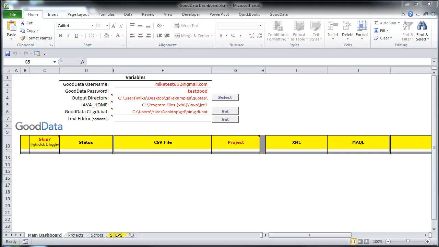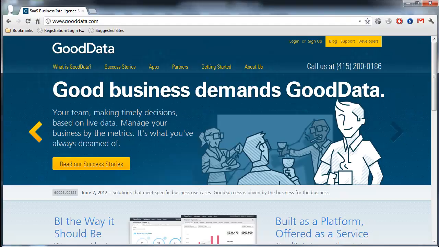Hi everyone. So today I'm going to show you how to load data in the GoodData using an Excel-based GUI. So before using this utility, you need to download the GoodData command line tool, and I'll show you how to do that. So you want to start by going to GoodData.com,